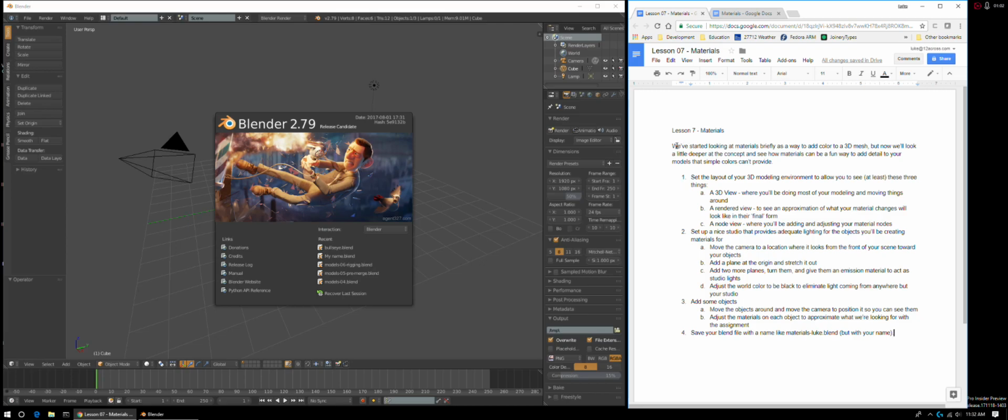I'll just read through kind of the notes that I have for the class. We started looking at materials, and in the previous classes about as a way to add color to our mesh. Just a nice, easy, low poly mesh. But we're going to look a little deeper and see how we can affect the way that light reflects or refracts or penetrates into our objects. And it's a fun way to add a little bit of detail to your models so that they get more than just color. They get kind of a sense of the type of material that the thing is made